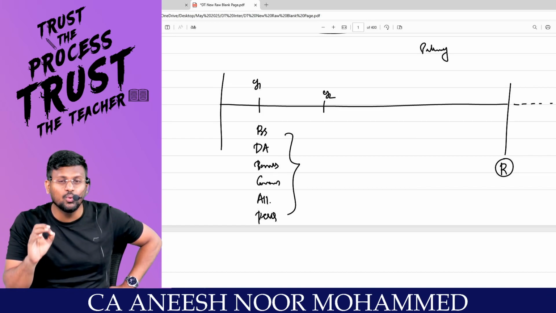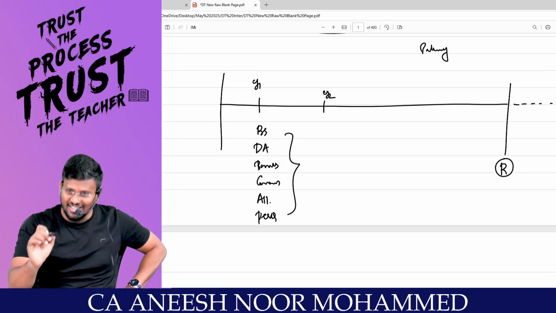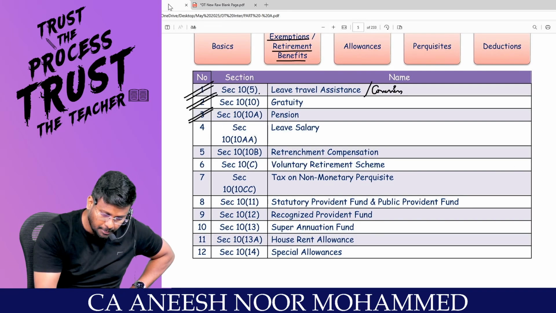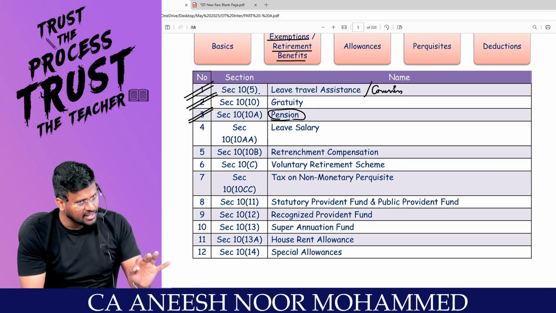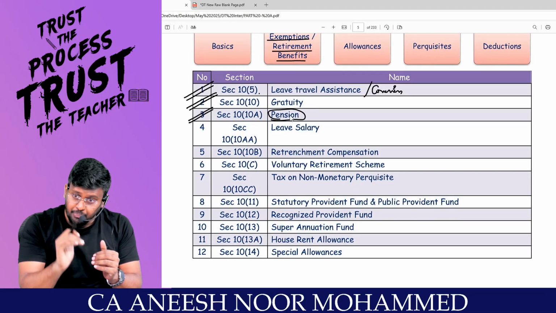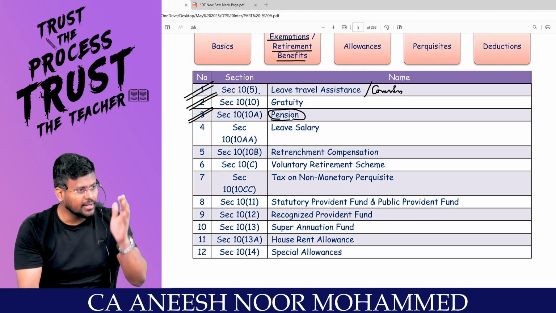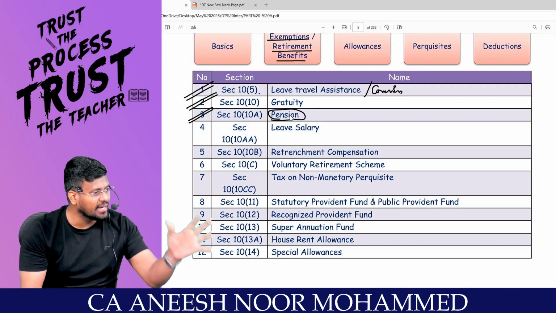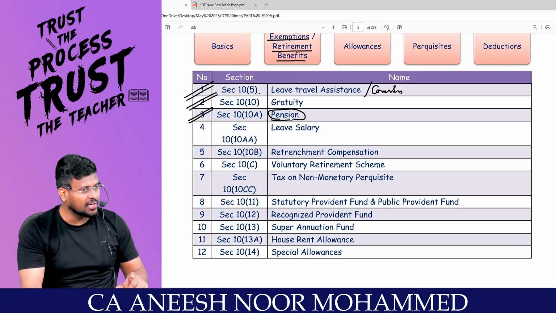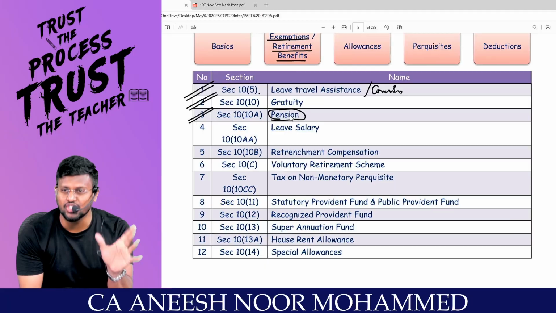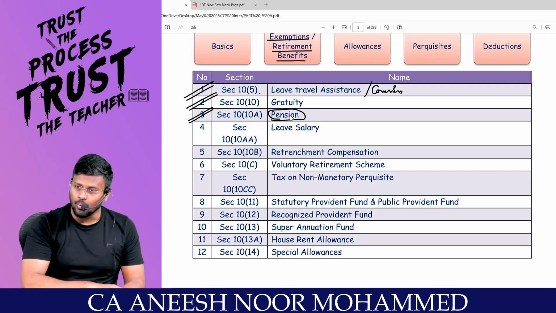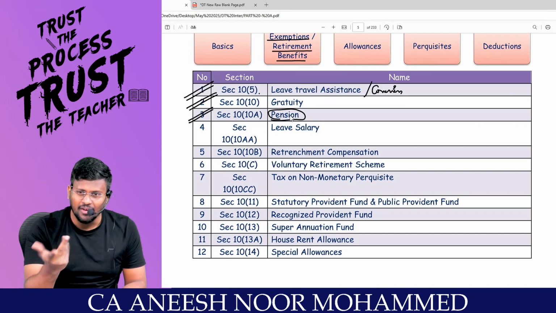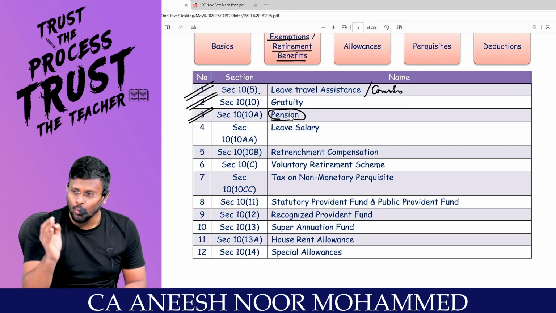In life, you will have only what? Tension. Don't have the tension. Take the pension. Are you all really with me? I am not saying it, the Income Tax Act is saying it. So what the Income Tax Act is saying is, after retirement, post-retirement, monthly, you will be getting a certain income. That income is called what? Pension. Now you have retired. Now you don't have any other source of income. You have only pension income.